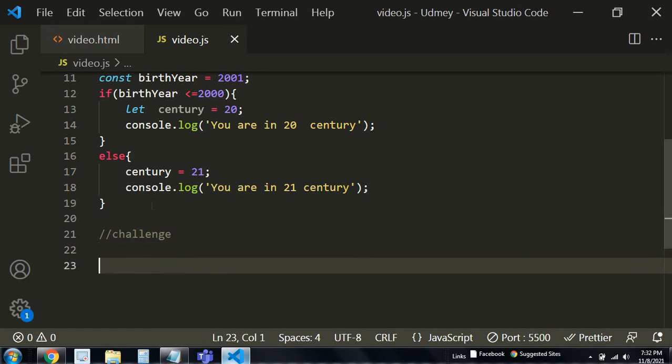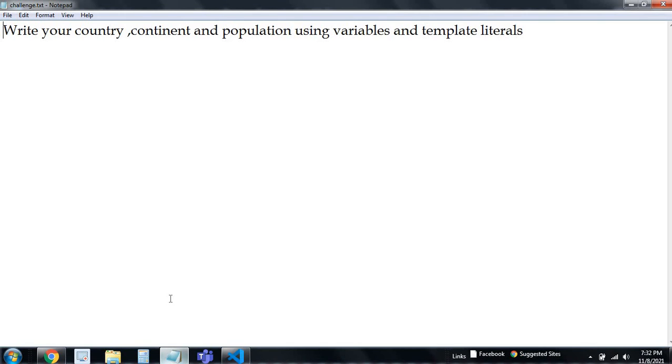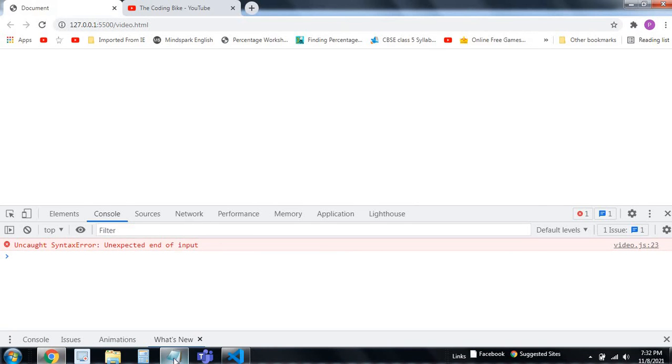First of all, create a variable. Pause the video and try it by yourself. This is a challenge that I made for myself when I was practicing with variables and template literals. It's a bit easy, but still pause the video guys and try on your own. This will help you become a problem solver by your own, rather than just seeing the solution and doing the same. Maybe you can find another way of doing it, or a better way than I am doing.